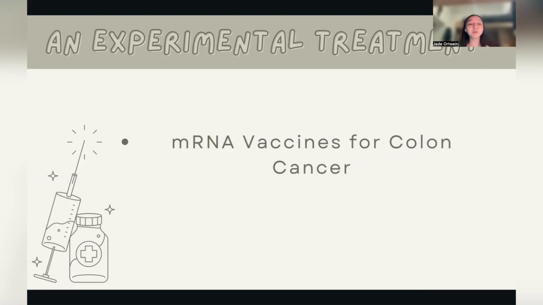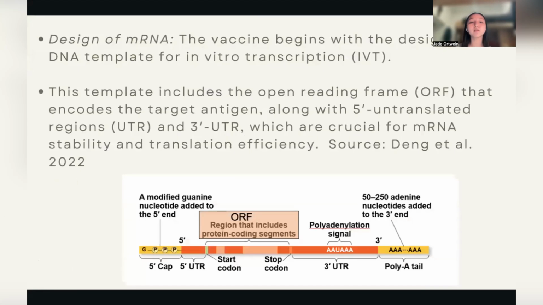So, what is the exact blueprint of how this vaccine works? First, you have to start with the design of the mRNA, and it begins with the DNA template and the in vitro transcription. This template includes the open reading frame, which is the region that includes the protein coding segments and encodes the target antigen, along with the 5 prime untranslated regions and the 3 prime untranslated regions, which are crucial for mRNA stability and translation